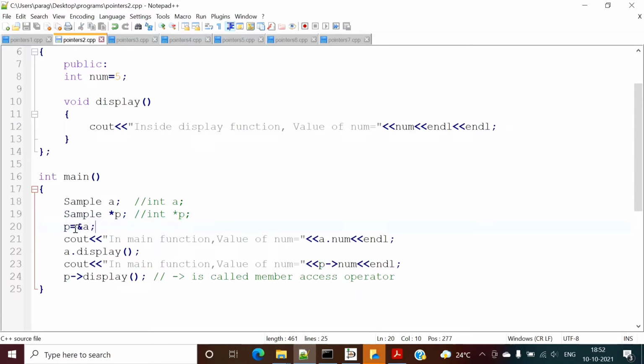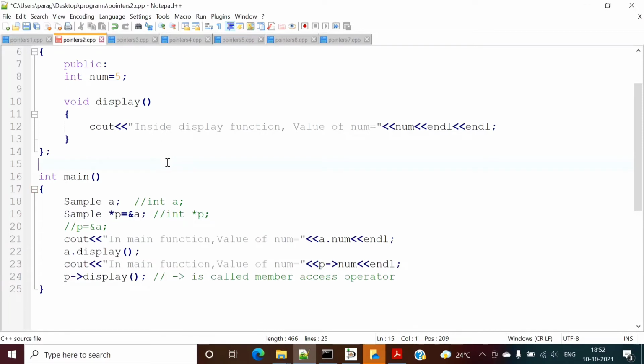And how are we accessing that? So see, p is the pointer variable, and in that pointer variable we are saving address of A. In last video I have told, whenever we are mentioning ampersand, it returns the address of A. Address of A we are saving in p. So here I have written some different statement. Instead of that, I can do like this. So I can write like this. If I want, I can write like this.